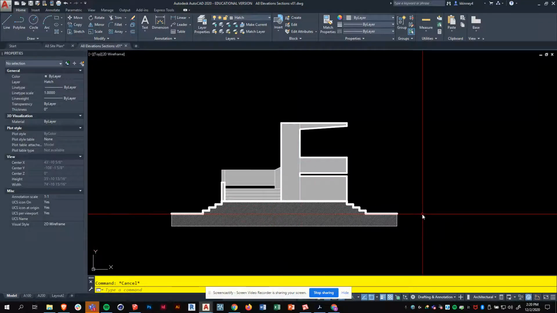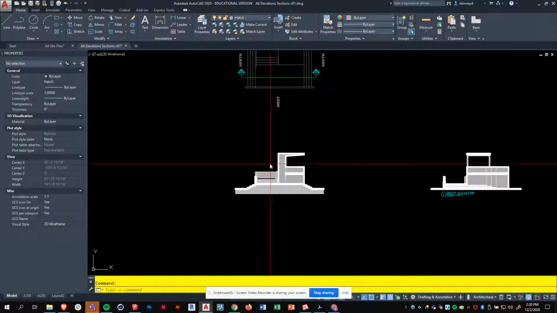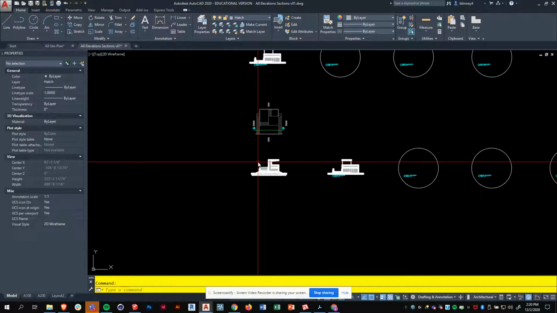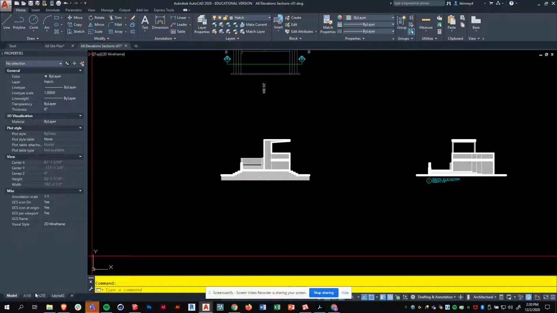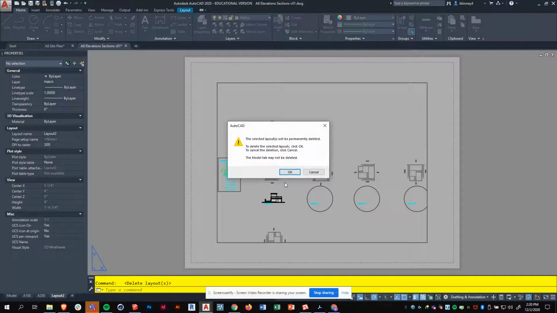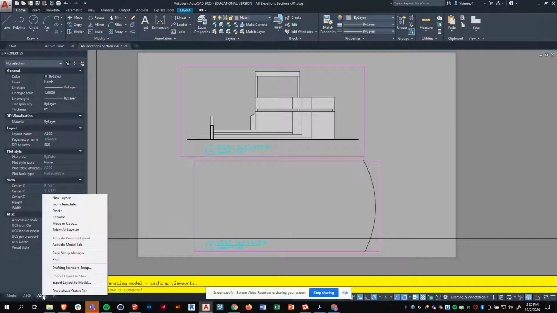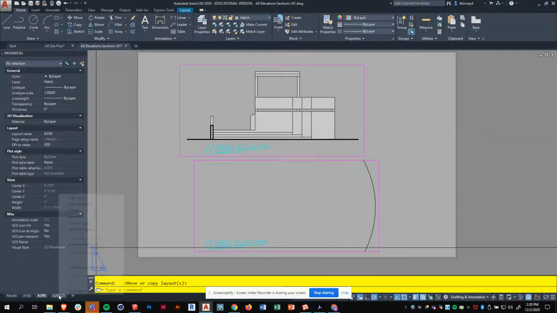So sections are basically a combination of a vertical cut and the elevation in the background. So here's my vertical cut and my elevation in the background. To wrap this part up, here's what I'm going to do. I'm going to create a new sheet. I'm going to delete this layout too. All right, and I'm going to copy A200. I'm going to say move or copy, move to the end, create a copy, and I'm going to rename this